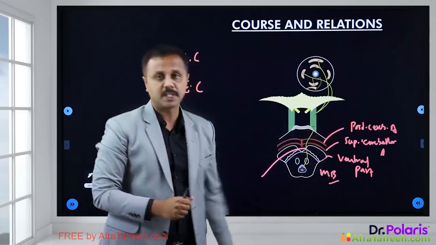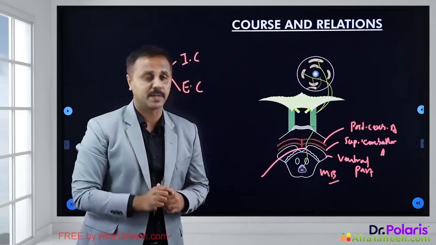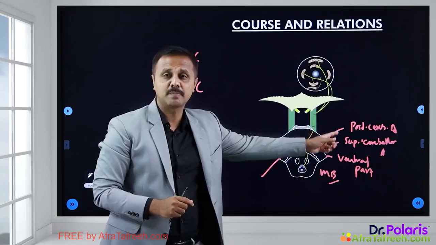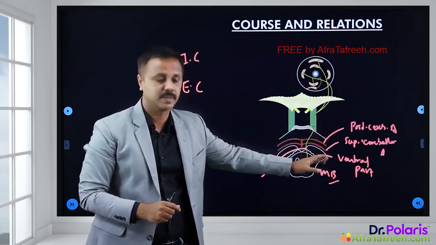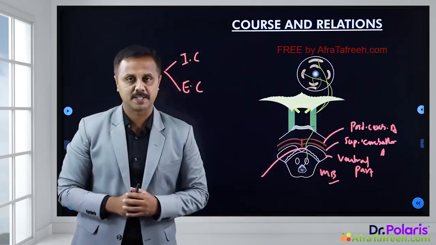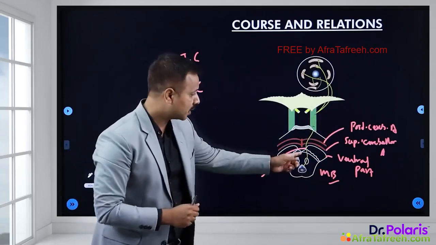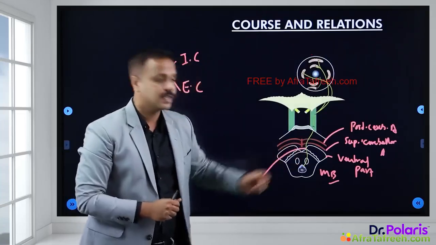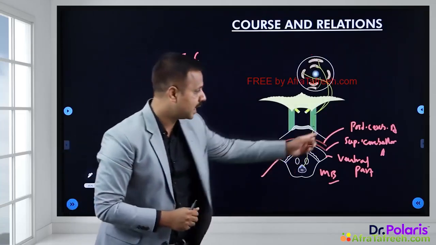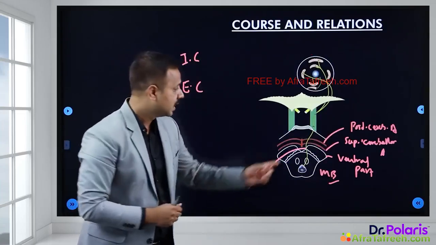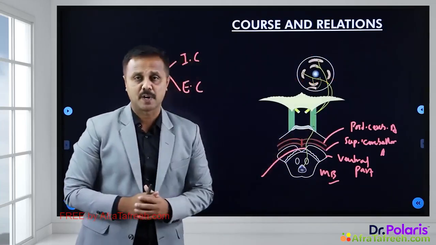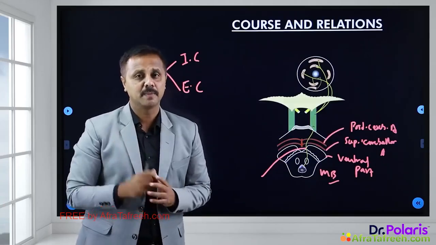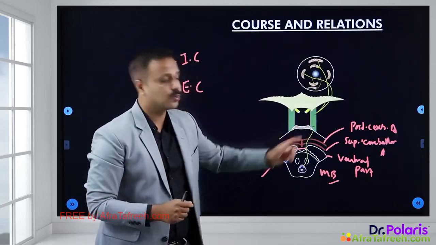This is one important relation you must remember and write in your exam. Even this is asked plenty of times in your entrance exam. This relation to the two blood vessels. So the oculomotor nerve, after it arises from the ventral part of the midbrain, passes between the superior cerebellar artery and posterior cerebral artery. Then, when it passes forwards, it enters the dural partition and enters into one of the important